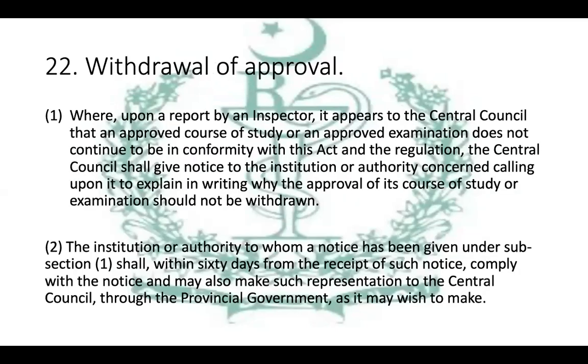Then they go to section 22. So if the council can allow the approval, they can also withdraw it. How to withdraw the approval? Because if they are not fulfilling these requirements as per the laid down procedure of the Pharmacy Council, they can withdraw, continue, or cancel. So how can they withdraw, how can they cancel? There is section 22(1). It says,